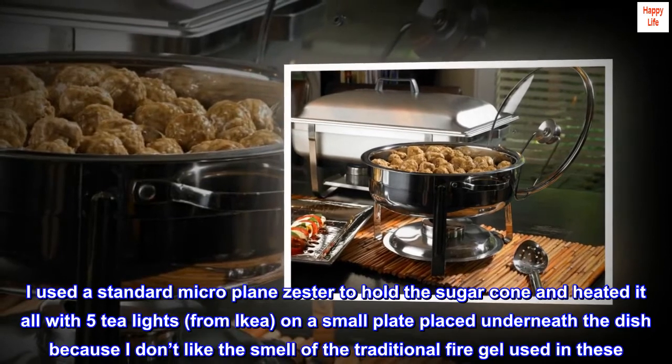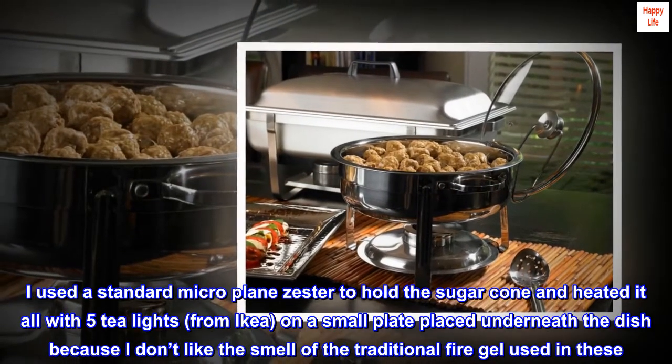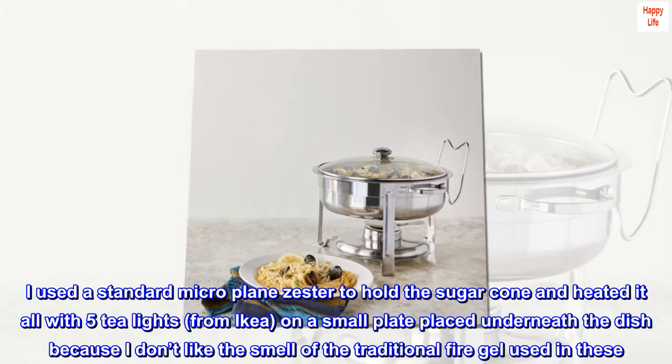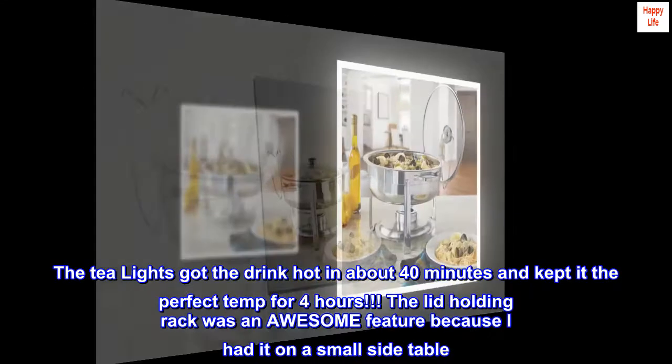I used a standard microplane zester to hold the sugar cone and heated it all with 5 tea lights, from IKEA, on a small plate placed underneath the dish because I don't like the smell of the traditional fire gel used in these. The tea lights got the drink hot in about 40 minutes and kept it at the perfect temp